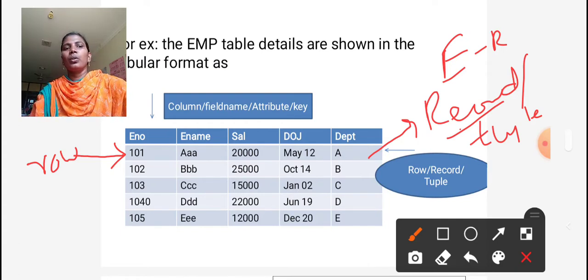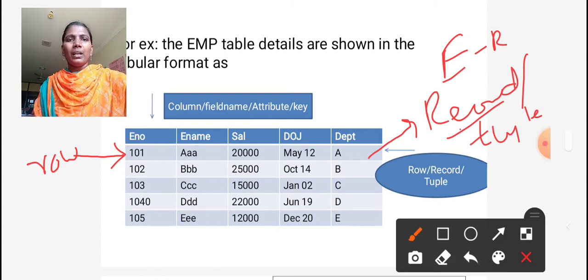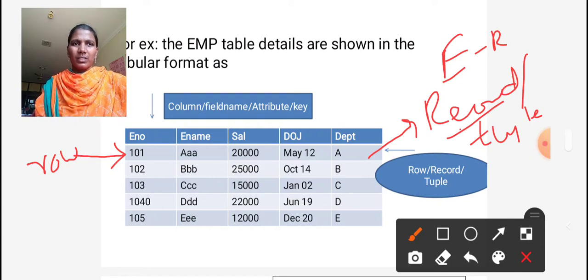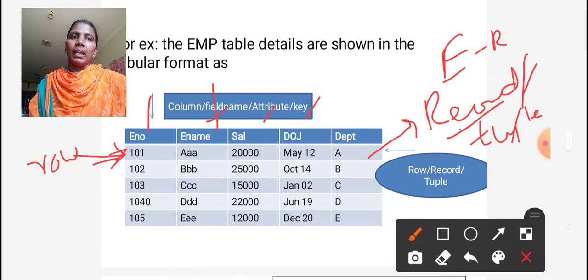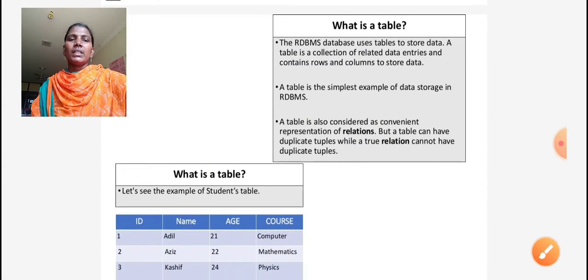In this topic we studied that the column names are also called field names, attributes and keys, and the rows are also called records or tuples. Next, what is a table?